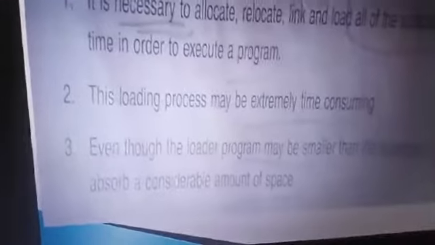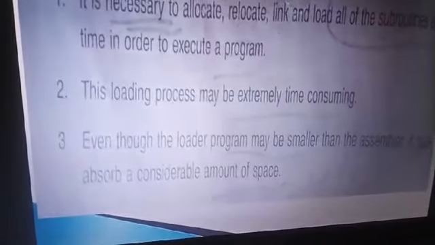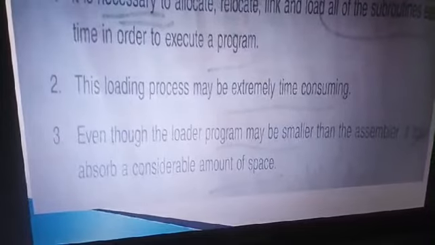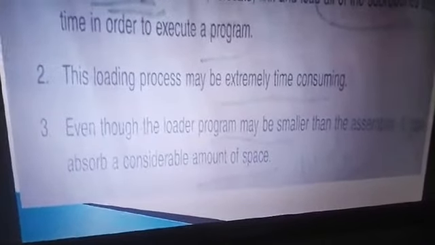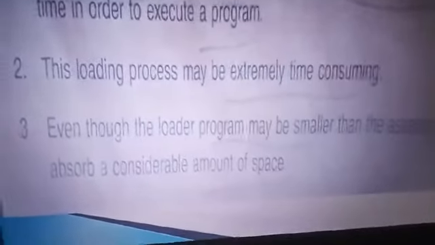The name itself says direct linking: we load all the segments, however many segments you have in a program. If you have 4 segments, you need to load everything. That time you'll get all the PAL addresses; the program load counter will give the address. Then I can link this program to here, this program to here, wherever I want. That's direct linking, but we can't have dynamic calling options. Second, it is time consuming because we need to get all the details and first have the load address of each and everything, then only can we link. So it's time consuming.